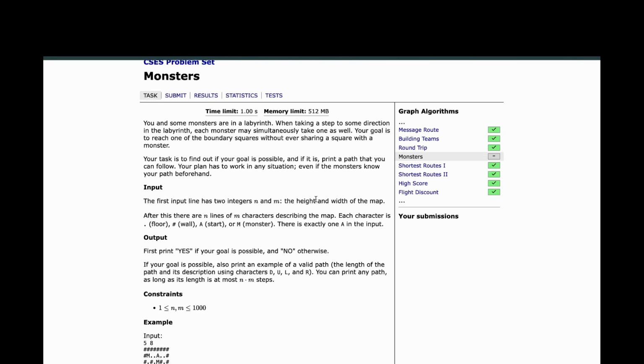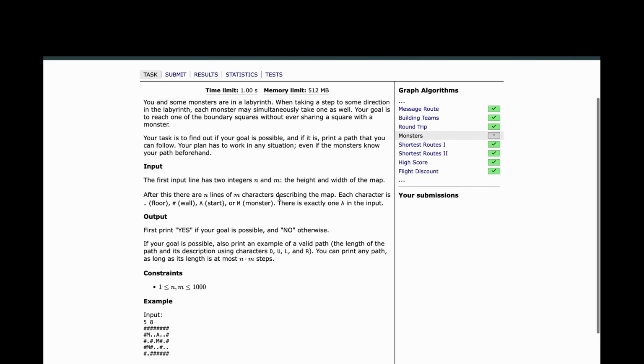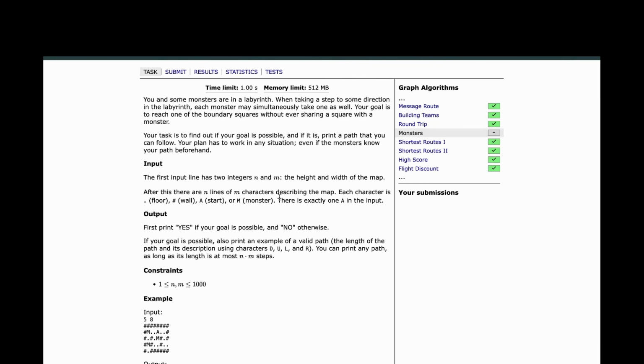So you have to start from the position where you are, and you want to reach one of the boundary locations without sharing any cell with a monster. The condition is that at each second you can move to an adjacent empty cell, and the monster can also move to an adjacent empty cell. The rules are the same for you and the monster. You just have to devise a path to reach the boundary cell without ever encountering a monster in your path. That's your problem. Since the monsters are more than one,